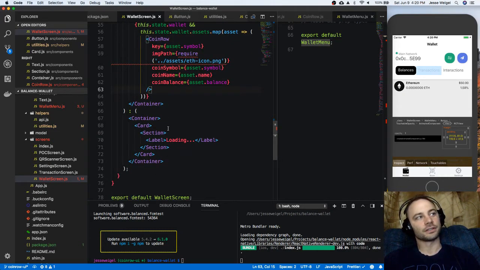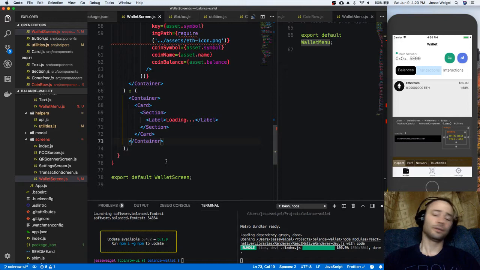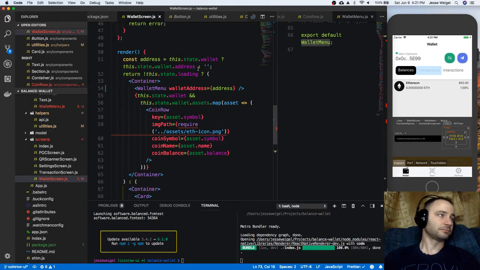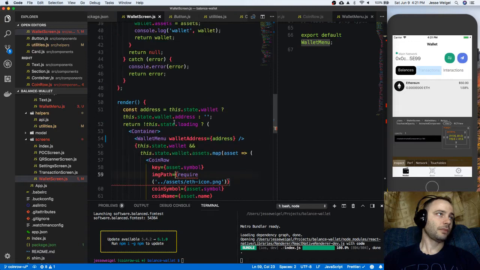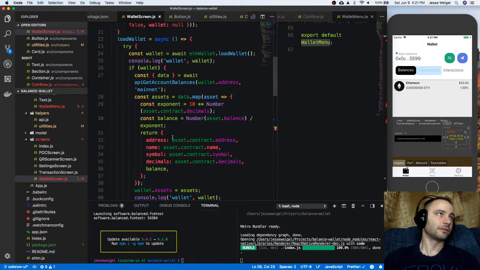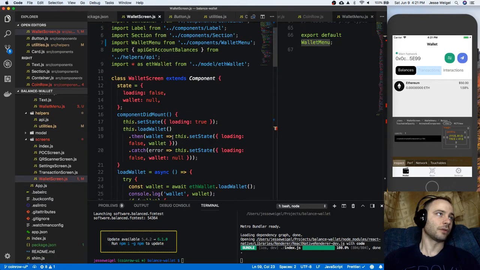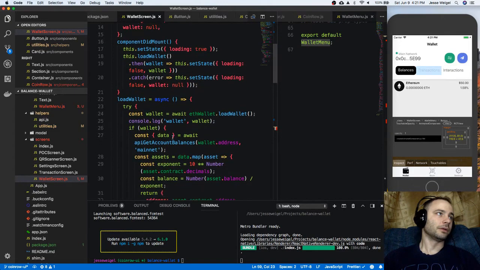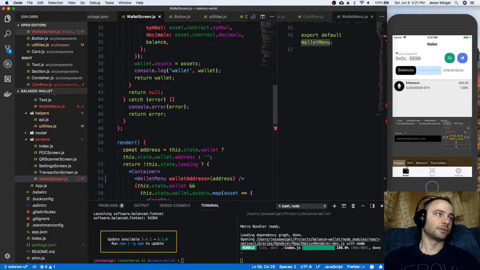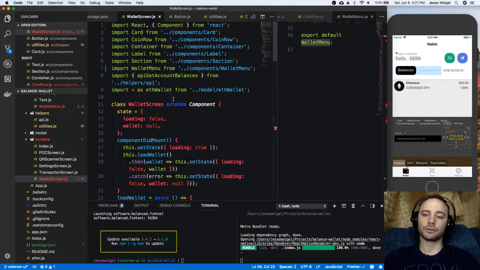I don't really see the need to turn this into its own component. I think that would be a little bit much. This is just a lot nicer to look at, and you could see basically this component is all about getting things loaded here, loading the information about the wallet. So anyway,